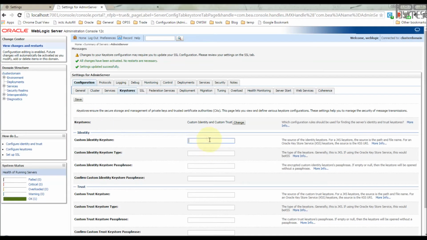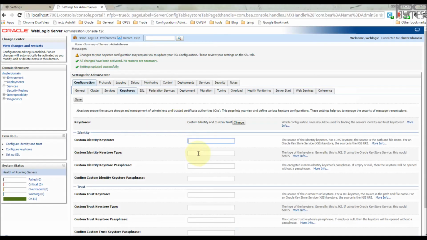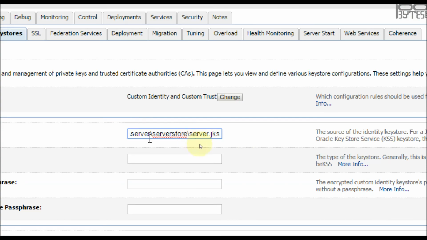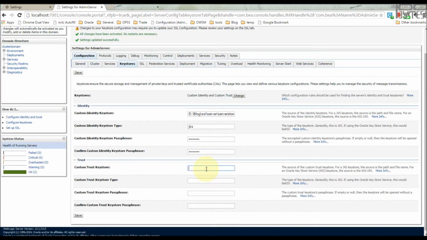Here you have to give the location for the identity keystore. This is my server store, slash server.jks. You can see server.jks, and our keystore type is JKS. Then the password for the keystore. And this is our trust store.